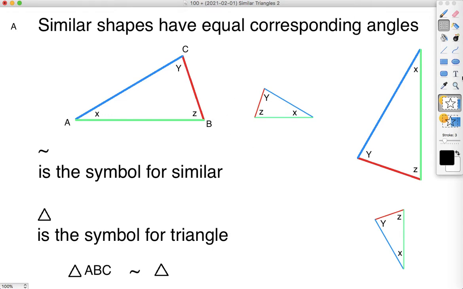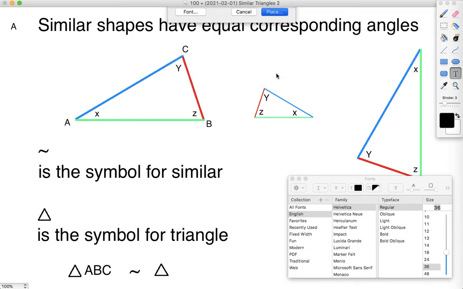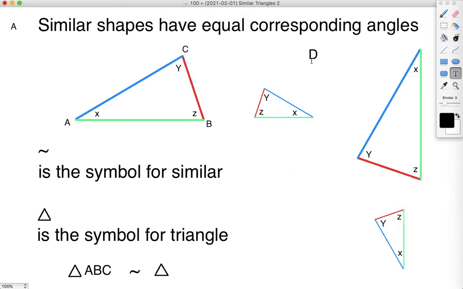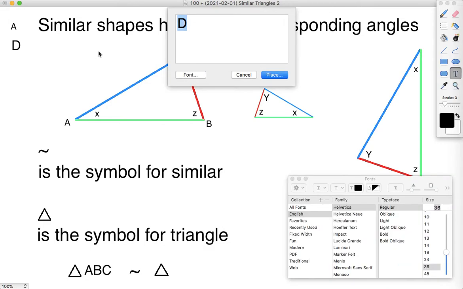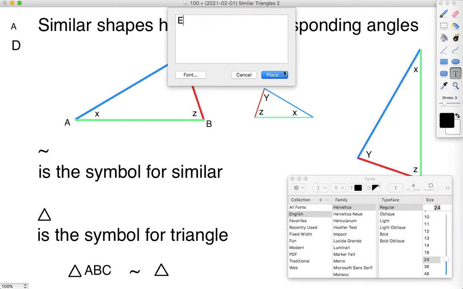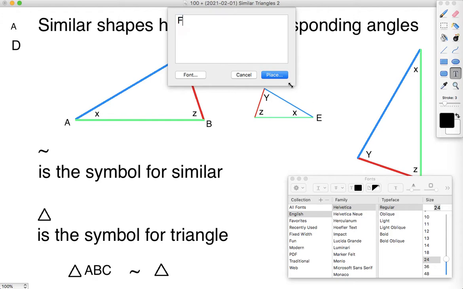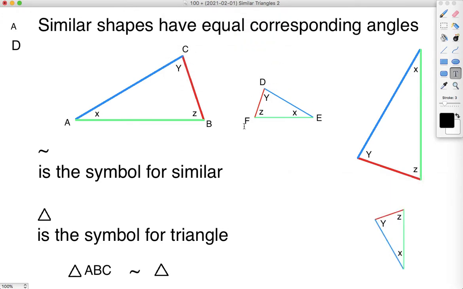All right, and this other triangle, let's call it D. So I'm going to label these corners for this triangle. I'm going to label that D. This over here will be E. This one over here will be F. Okay, so